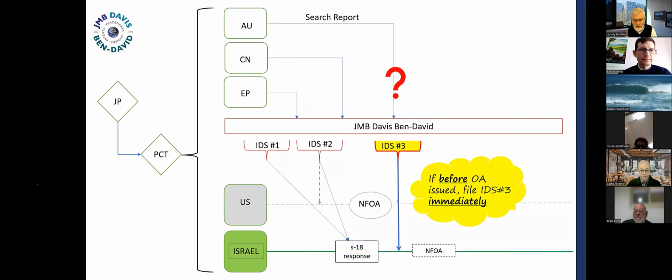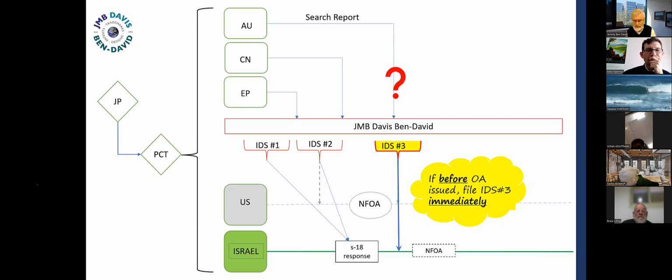Okay, as we move further along, now we have a situation where IDS number 3 has been filed in the US. So we have references, whether citations or general references. Normally they're going to be citations from corresponding applications. So we have these references that we know about. We should file those immediately. There is no penalty per se for not filing. But on the other hand, we want to make sure they get to the examiner before he actually starts substantive examination.